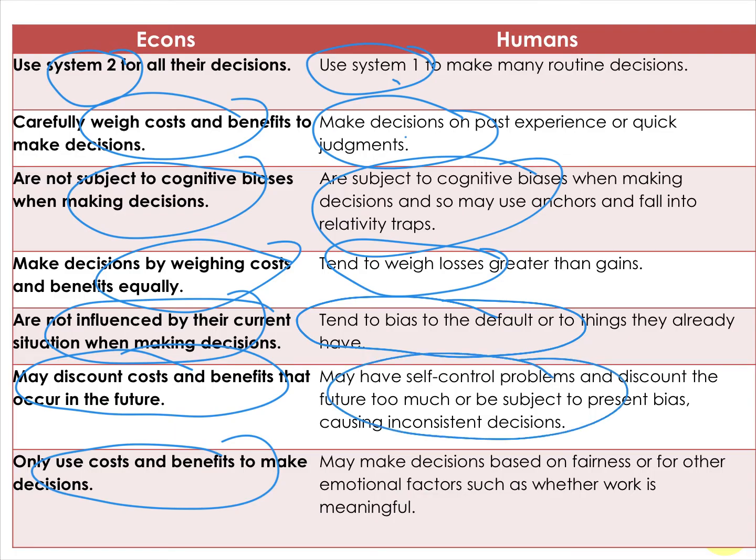And we may have self-control problems and be subject to what we call present bias, which means valuing present consumption way more than future consumption, being willing to give up a lot in the future so that we can have it today. And that can make for inconsistent decisions. And finally, we may make decisions based on emotional states or context, like what we believe is fair in the moment or other emotional factors. Which, by the way, is not to say that emotions are irrational. It's rather to say that our emotional states can change and can be fairly inconsistent from day to day, and that's going to change how our decisions look.